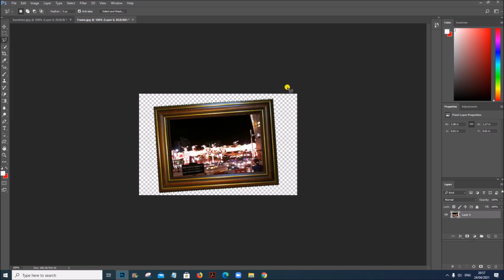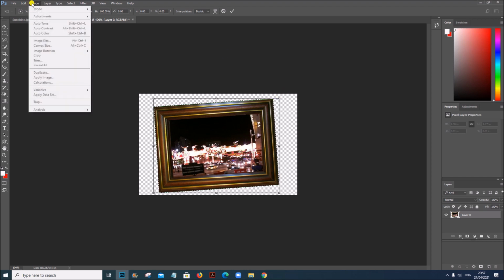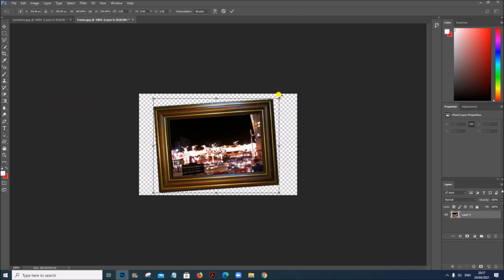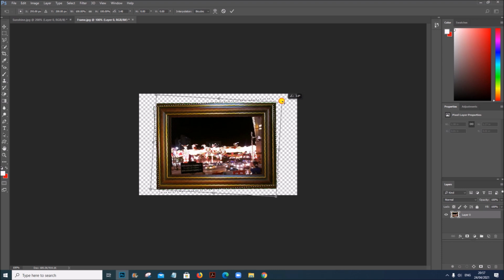Let us rotate this. Press Ctrl T for the transform tool, or you will find it from here in Edit, Free Transform. Now rotate the frame in such a way that it will be straight. Press Enter for the changes to take place.